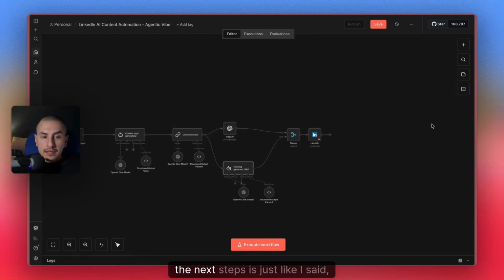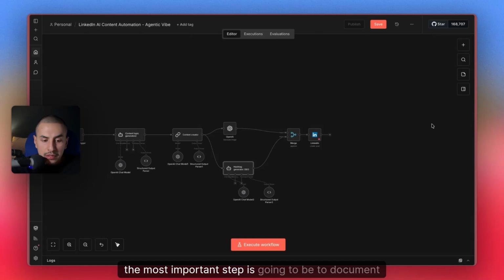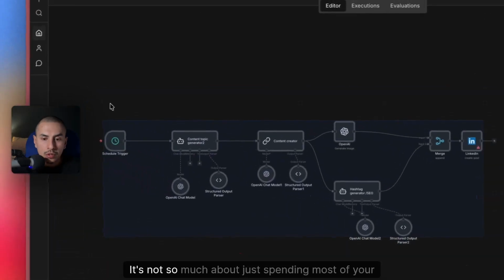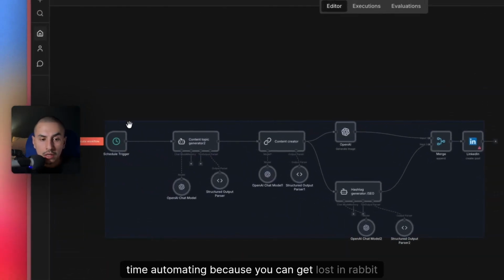In terms of the next steps, like I said, the most important step is going to be to document your personal workflows and figure out what needs automation. And from there, start prioritizing. And you can feed this to AI, by the way. You can do it directly on NotebookLM once you feed all your workflows, and then just start prioritizing what needs to be worked on first and what specific parts of a specific process. Because with a single process, you can have multiple automations. And then that's how I'll do it. I'll just start automating one by one, once a month or once every few weeks, whatever works for your schedule. It's not so much about spending most of your time automating, because you can get lost in rabbit holes